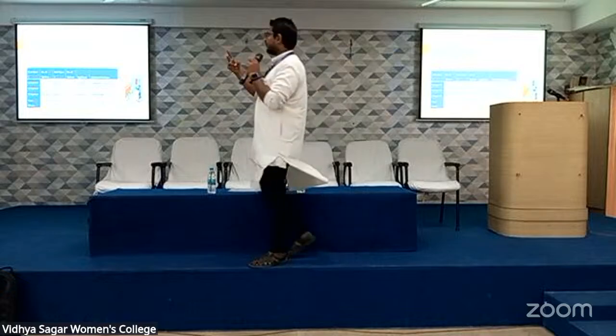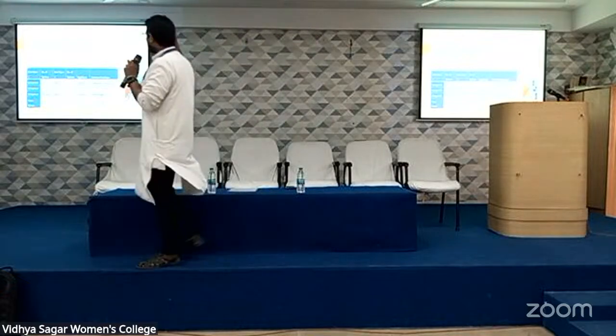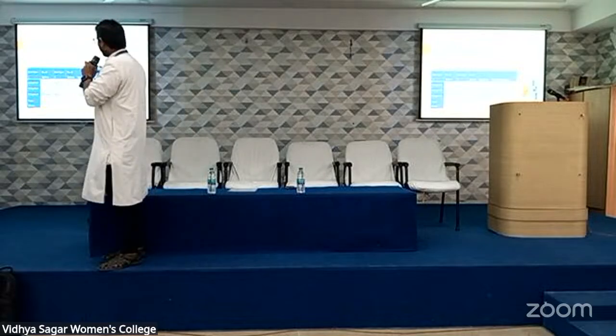Now, if you have more than two categorical options, say for example, what is the age category you belong to: 0 to 25, 25 to 30, 30 to 35, more than two options, right? At that point of time, we need to perform the ANOVA test. If you have two options in categorical data, what do you do? Independent sample test. If more than two options, ANOVA. And there is a separate category called one-way ANOVA.